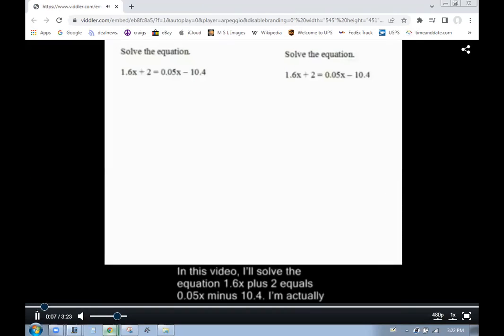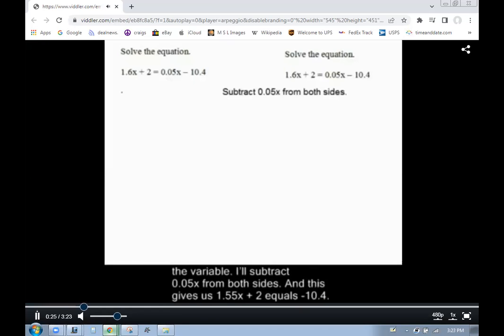In this video, I'll solve the equation 1.6x plus 2 equals 0.05x minus 10.4. I'm actually going to solve this two ways. First, I'm going to use our standard procedure to isolate the variable. I'll subtract 0.05x from both sides, and this gives us 1.55x plus 2